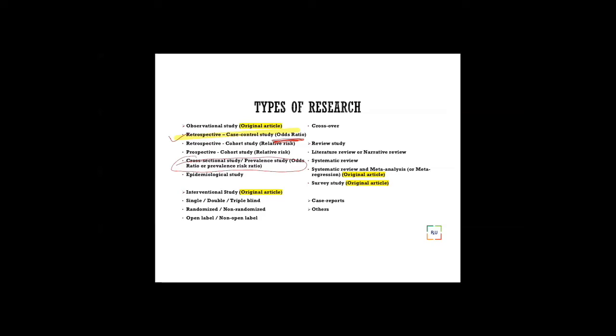Now, epidemiological studies. Epidemiological studies are the studies which will tell you the epidemiology of a disease. It's a huge big word, right? What is epidemiology of the disease? Epidemiology will take each and every study in detail, but epidemiology means it will tell you the patient's characteristics. Disease characteristics means how many patients